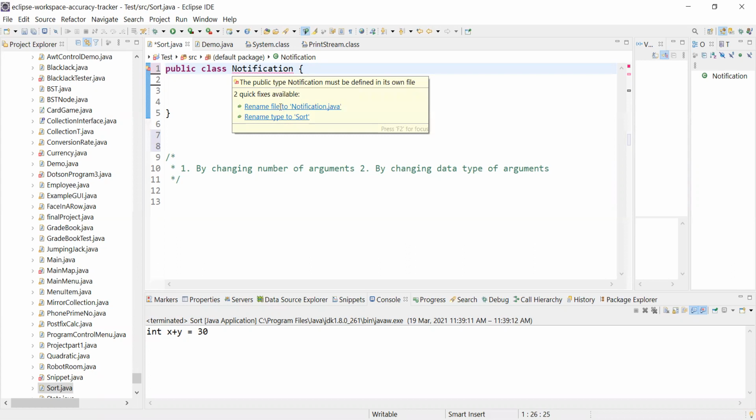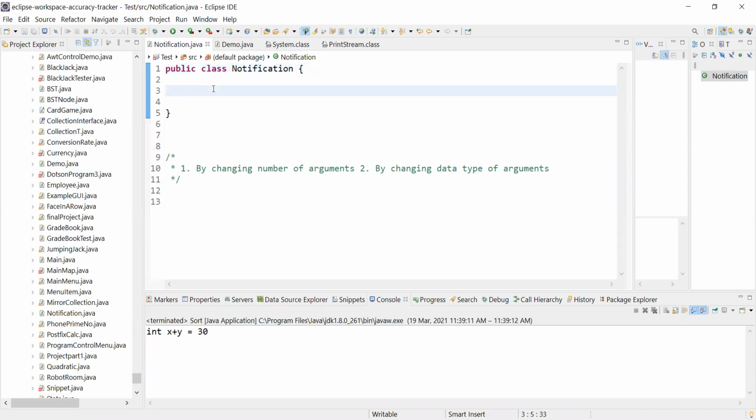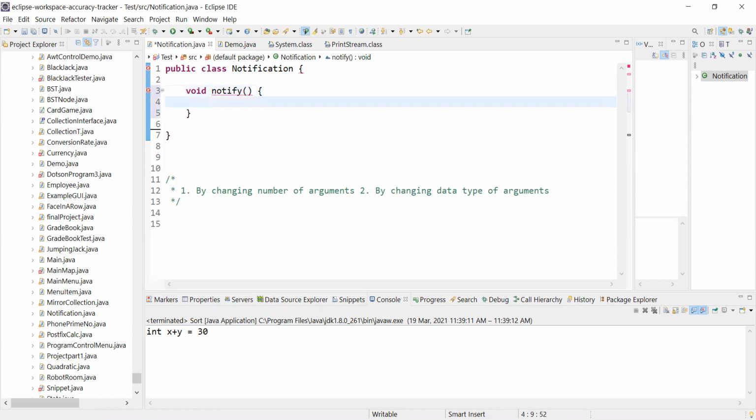In this class we have a method called void notify, and what it does is print: message sent via SMS service.